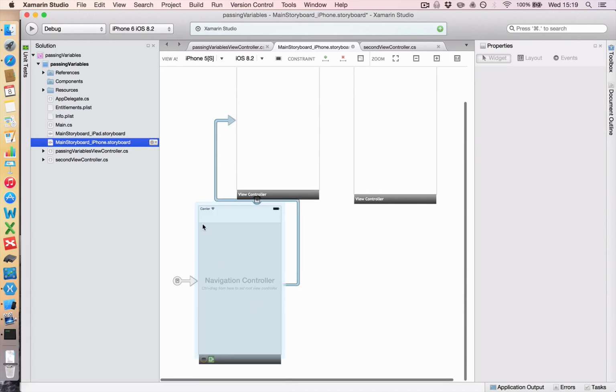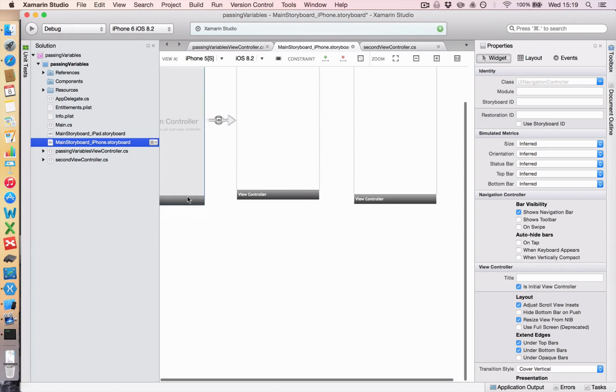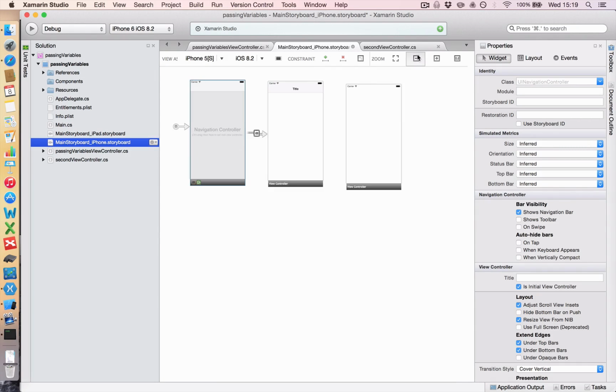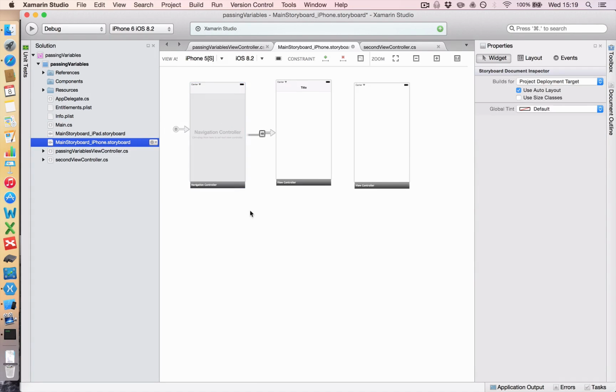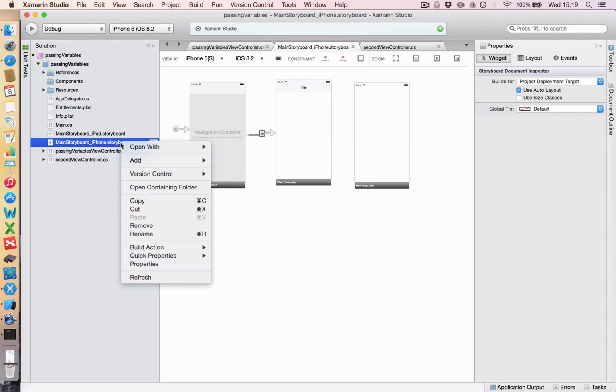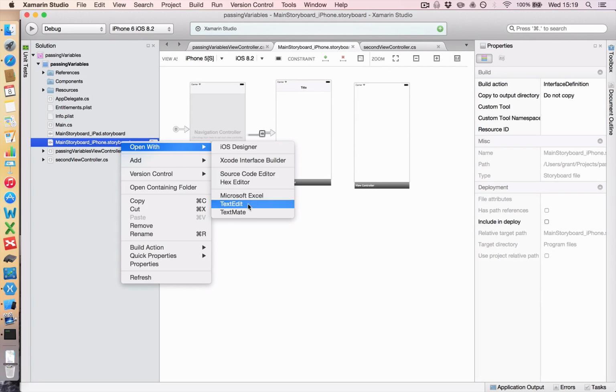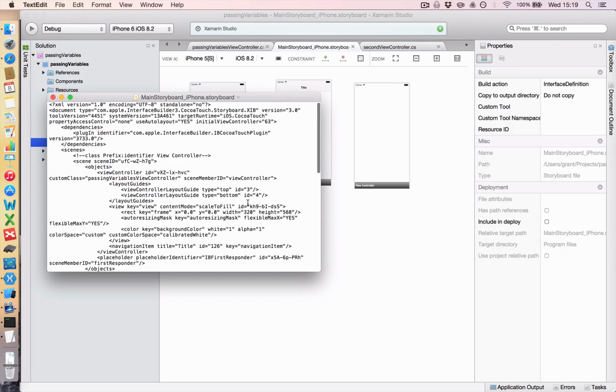And you can move all of this around to make it more neat if you like. That's what I'm going to do. Move it up here, zoom it out a bit, so you can see much easier what's going on. There we go. So save that, and then just double check your storyboard file for that annoying bug. Go to your text edit,